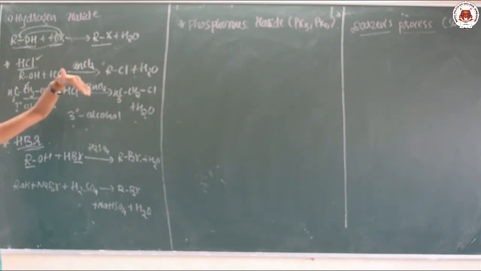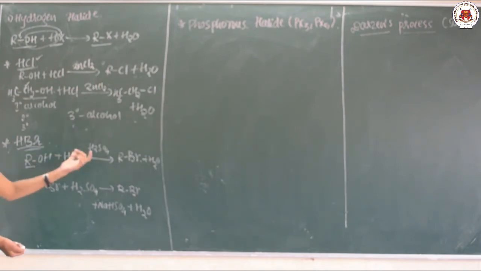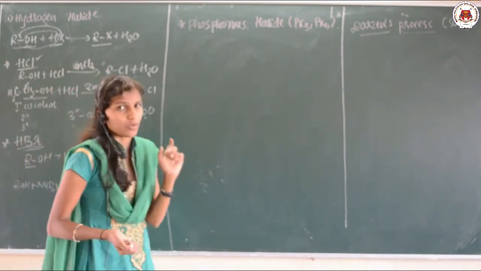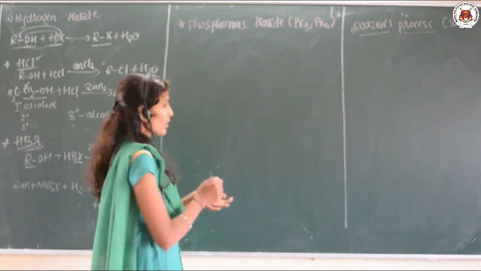That hydrogen halide may be HCl or HBr. If it is HCl, you have to use ZnCl2. If it is HBr, you have to use H2SO4. That's it. Clear? So, let us go for the